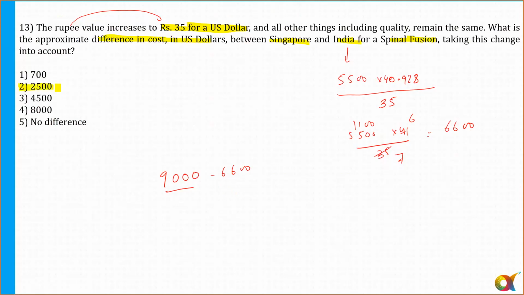Is that clear to all of you? I have taken approximately 6 times now, but this should be even less. This value is 6600, but the actual value is slightly lesser than 6600. So from 9000, if I subtract 6600, I am getting 2400. But I need to subtract something slightly lesser than 6600. So the answer should be slightly greater than 2400. So the nearest option choice is 2500. Is that clear to all of you? Can I move to the next slide?